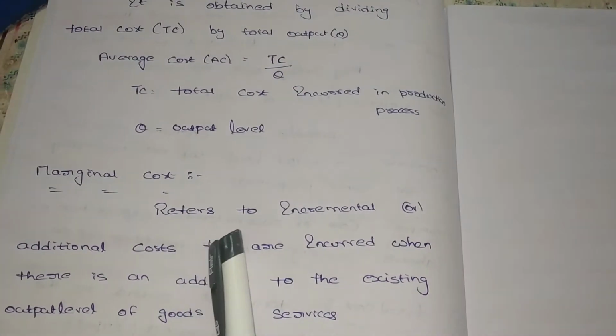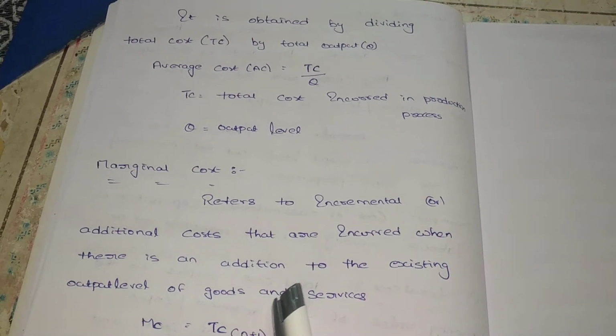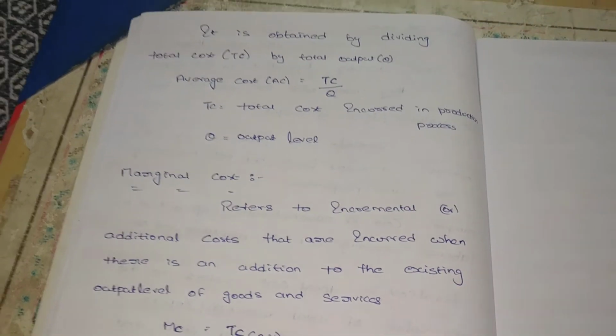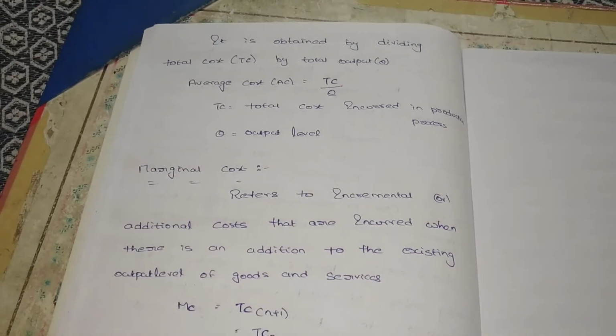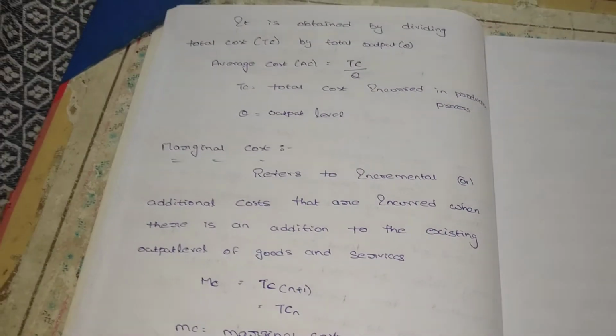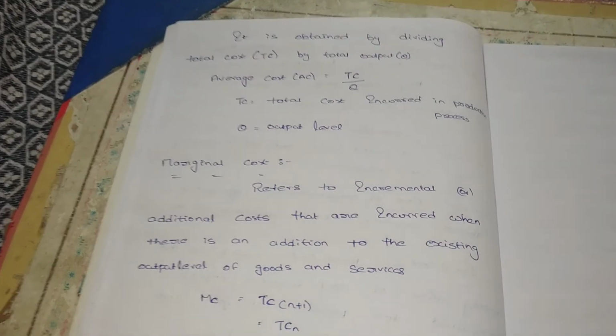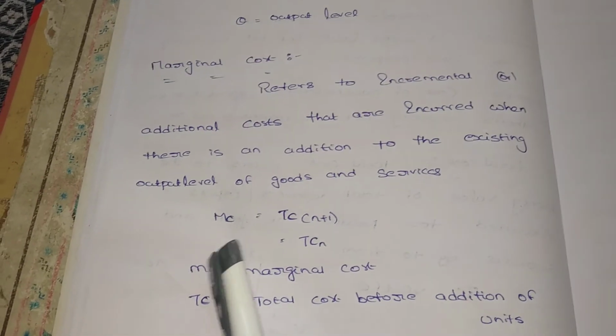Marginal cost refers to the incremental or additional costs that are incurred when there is an addition to the existing output level of goods and services. We are already producing 150, and for that we are adding some units. For those units, how much cost we are paying to the industry, you can say that is marginal cost. So marginal cost is equal to TC into